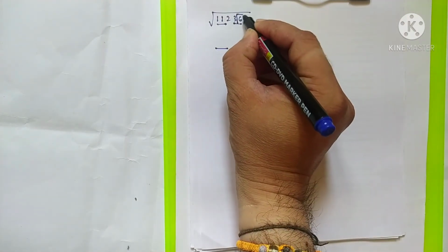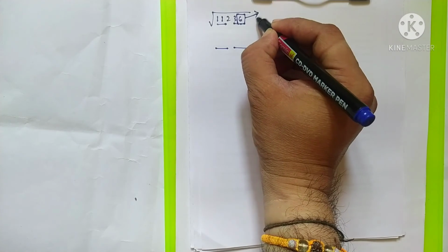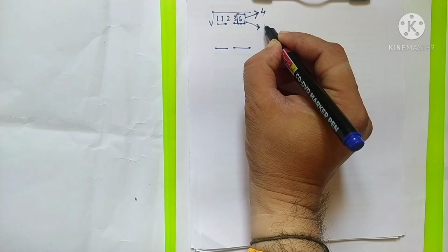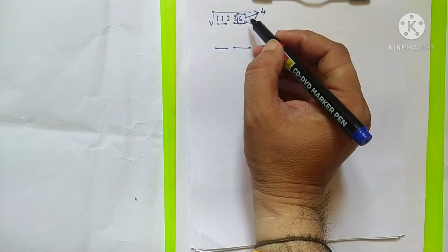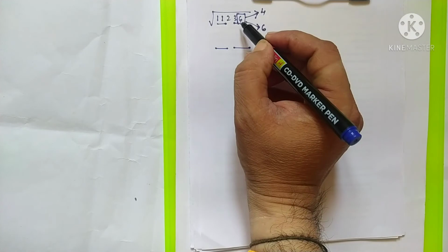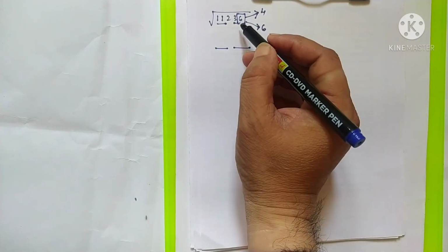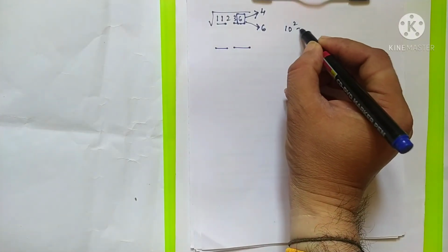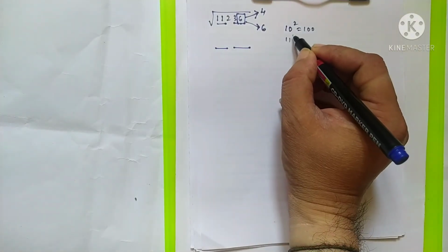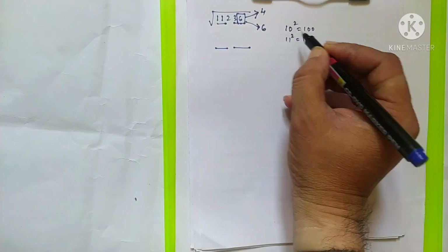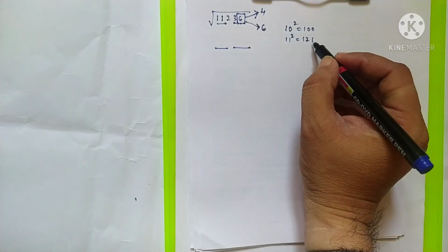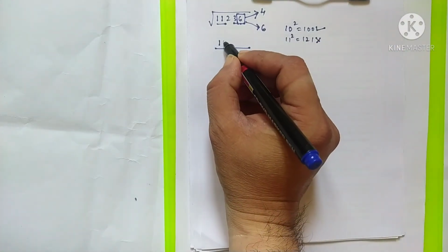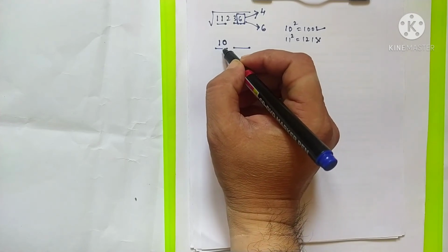And see this 6 is in the unit place. So therefore its square root may contain either 4 or 6 in its unit place. That is 4 square is 16, 6 square is 36. So 6 comes in the answer. Therefore now see this 112. Observe 10 square is 100, 11 square is 121. 112 is less than 121. You can't take this. You have to choose 100. That is 10 you have to take. 10 comes in the second group answer.